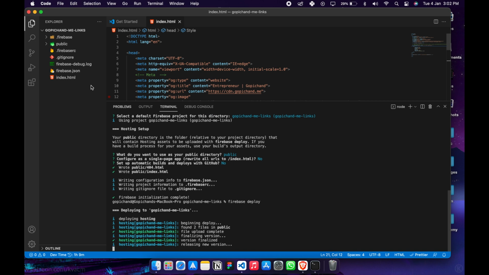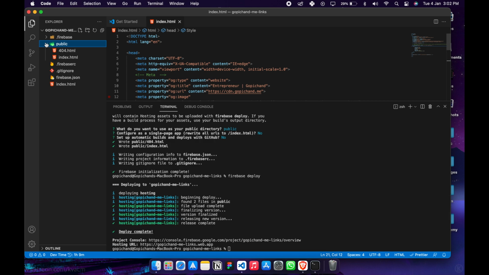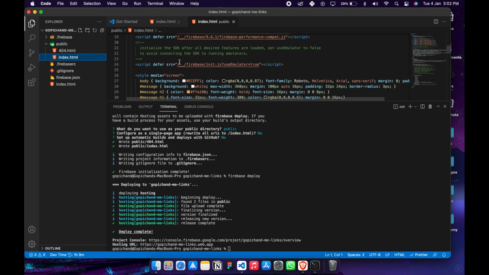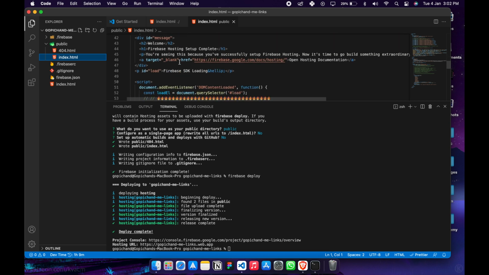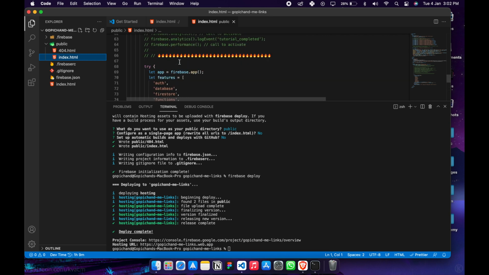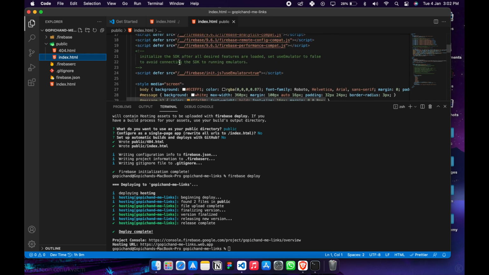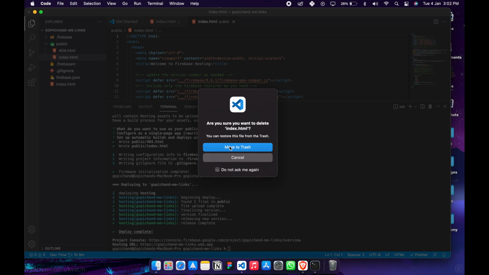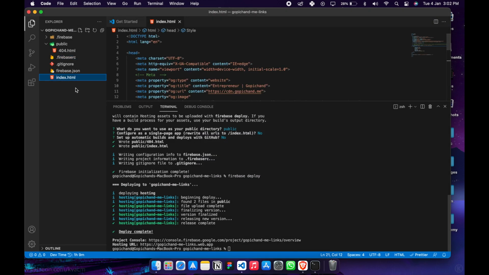As you can see, this has generated some files. I think we made a mistake. We have to move our index.html to this public location. Okay, let me check it. So for this we need to delete the index.html in the public folder which it has created, and now move our index.html page to the public folder, and again type firebase deploy,